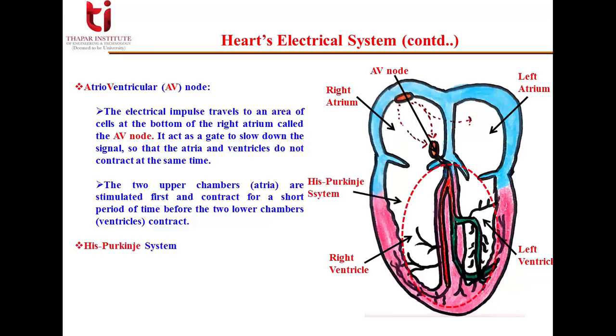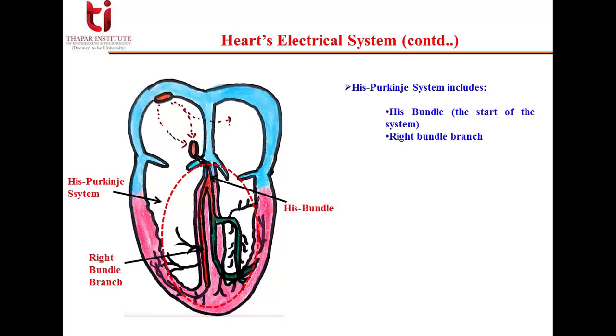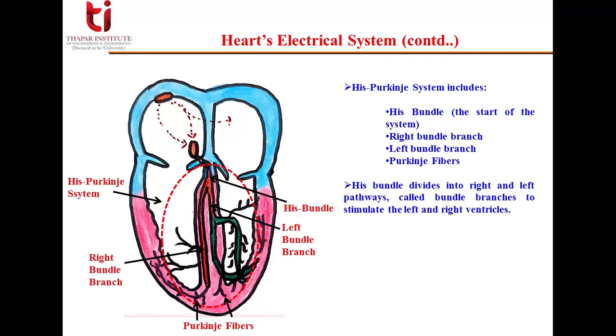Next is the His-Purkinje system. It carries the electrical signals from the AV node throughout the ventricles to make them contract. It includes the His bundle, that is the start of the His-Purkinje system, the right bundle branch, the left bundle branch, and then the Purkinje fibers. The His bundle divides into left and right pathways called bundle branches to stimulate the left and right